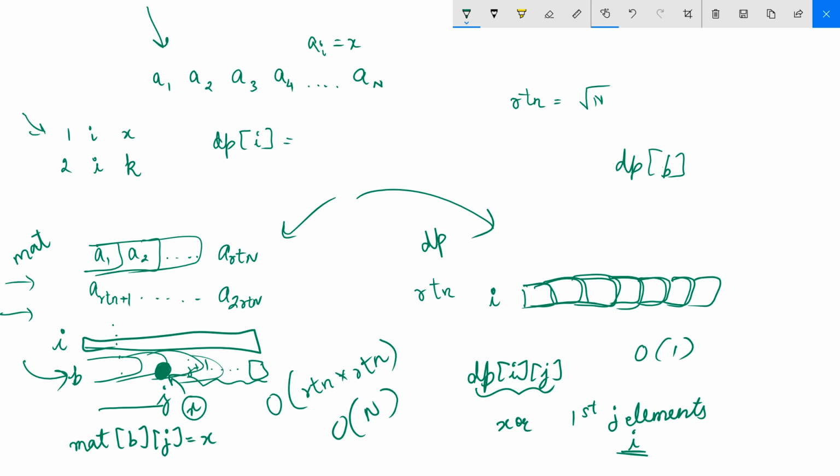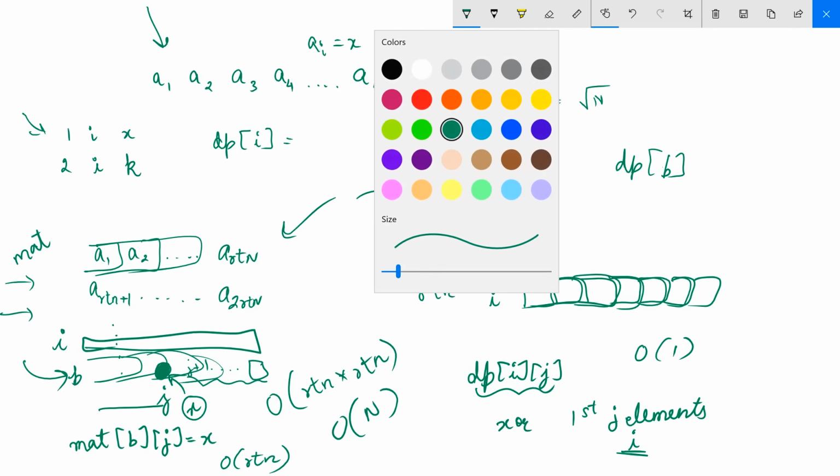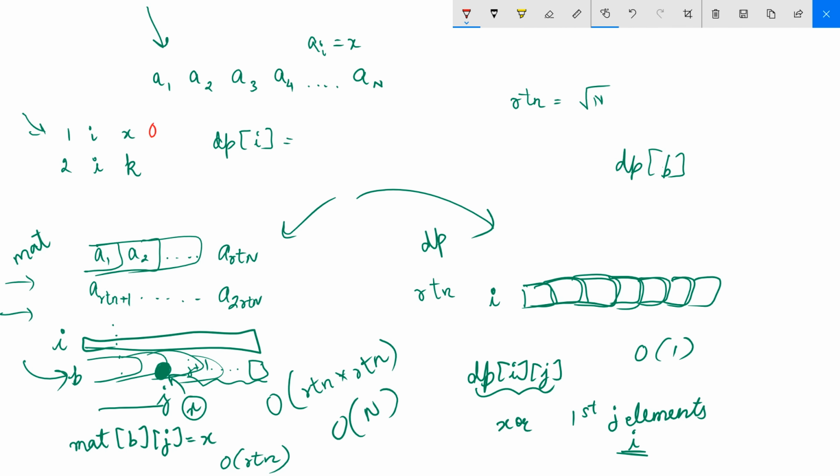So you need to update your dp array, but it's of only root n size, so it can take O of root n time complexity. Let me put that in red color over here. So this query is handled in O of root n, because this assignment is O of 1 and updating the dp array for this bth bucket is O of root n. So the time complexity to handle queries of type 1 is therefore O of root n.